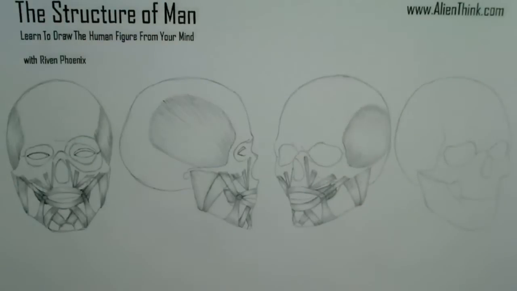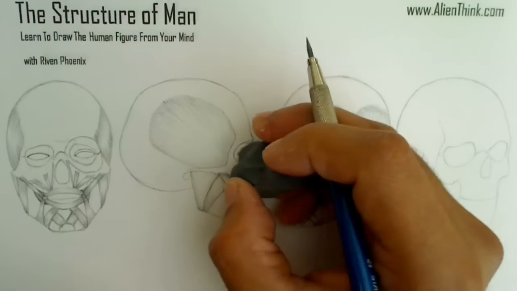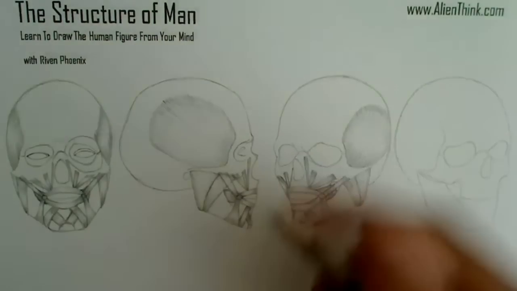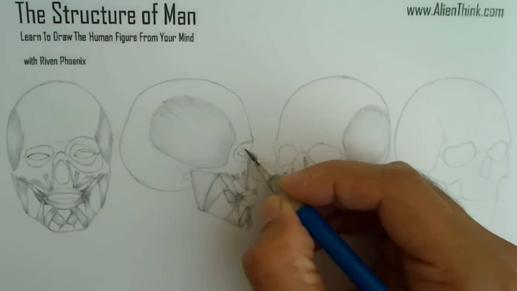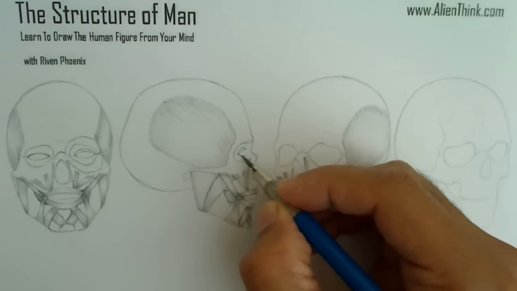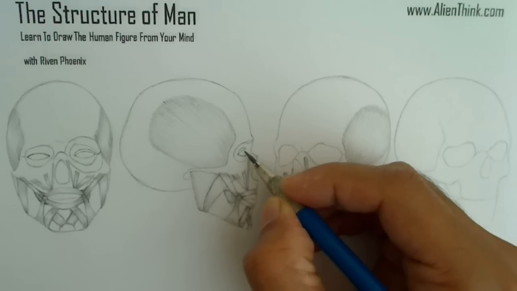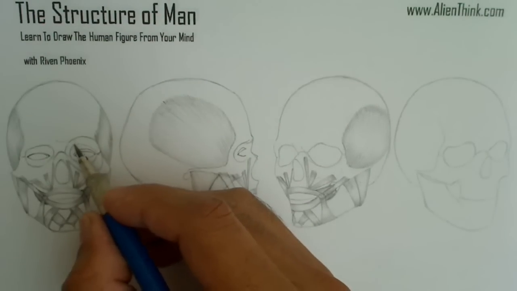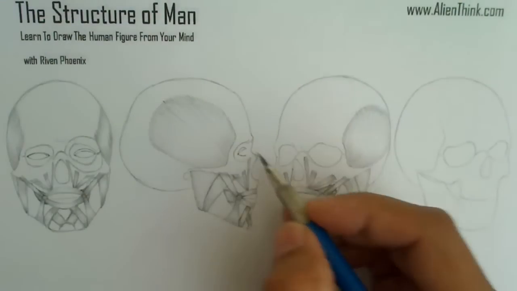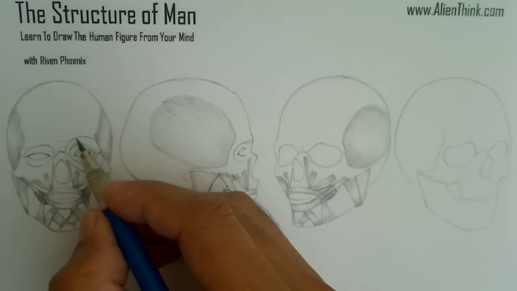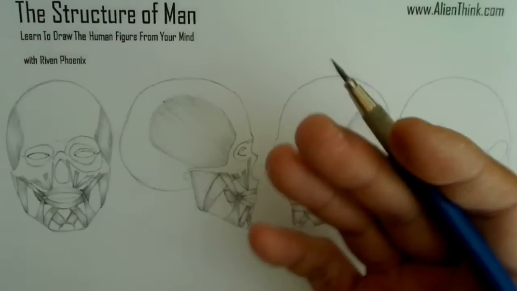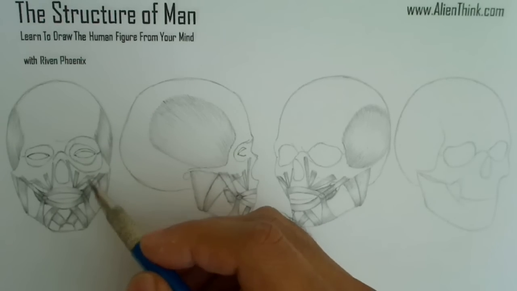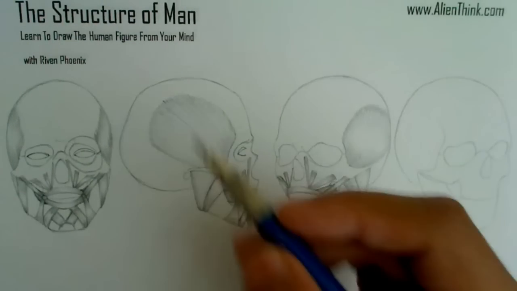Okay, I know these are very intricate details, so I'm going to keep the pencil a little sharp here, just so we can understand. Your eyelid is going to be just like this. Okay, so your eyeball goes in here. What happens is that you see this line here for the bone structure, and this will help us understand. Now this is all starting to make sense, right? Because we have to keep this in mind, especially when we get into